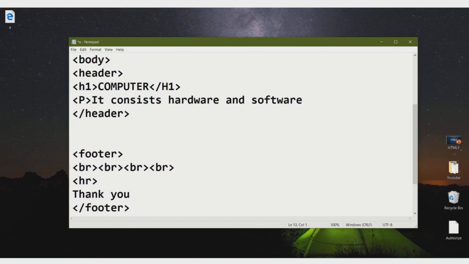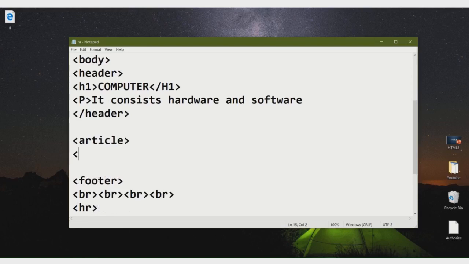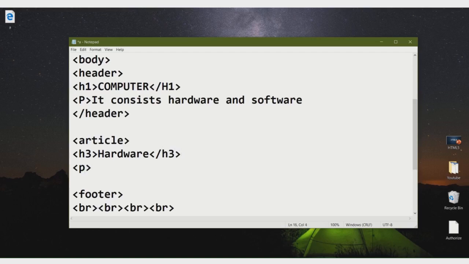So, article tag I am putting here, and then I am writing suppose H3 hardware and H3 closed, then P the physical parts of computer.